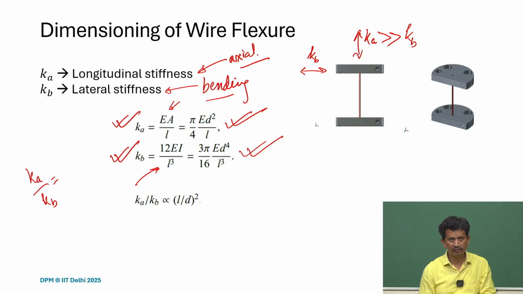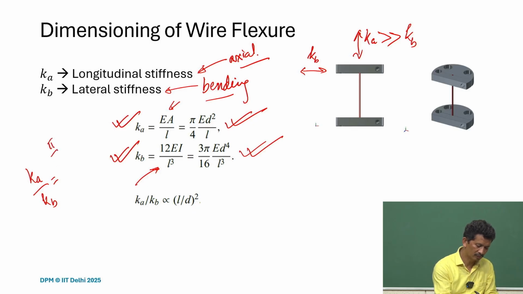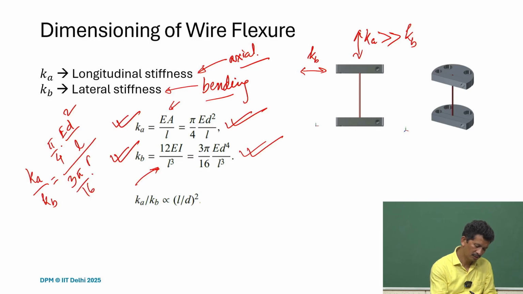So, these are the relationships, and if we do that, what we realize is that there are some constant numbers, but ultimately we can do pi by 4 d square by L, and here E d to the power 4 by L cube. So, pi cancels,